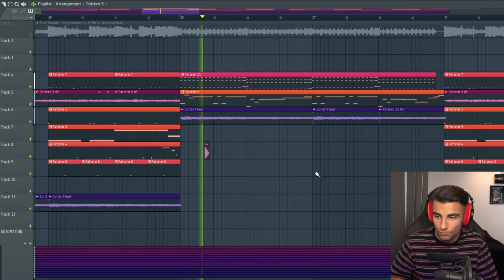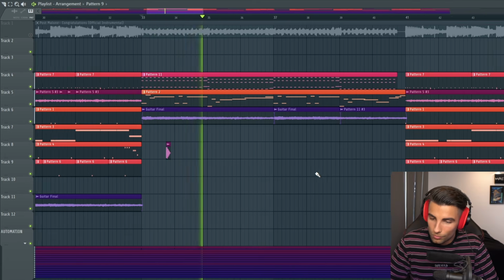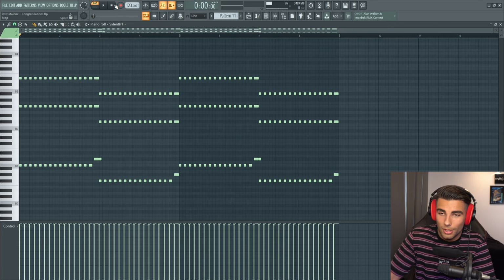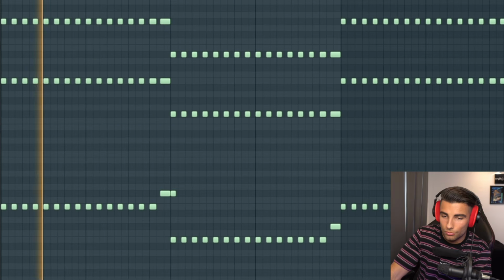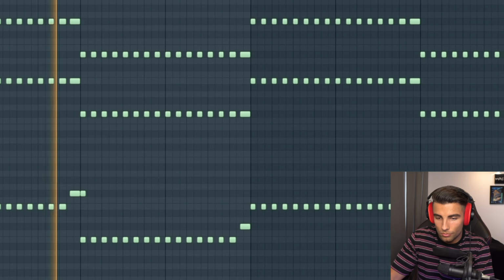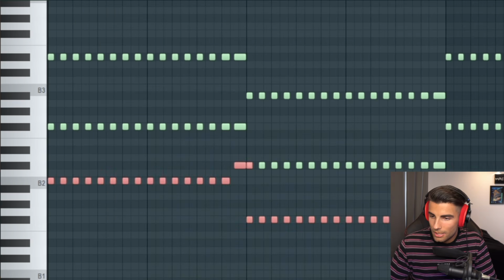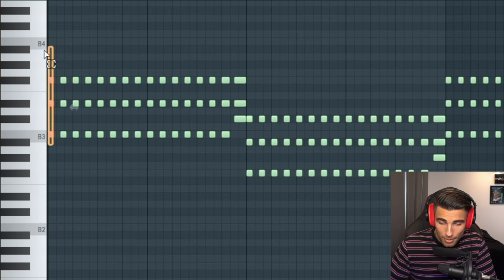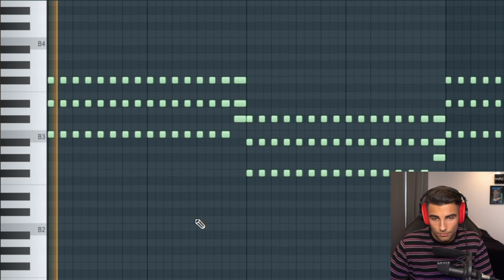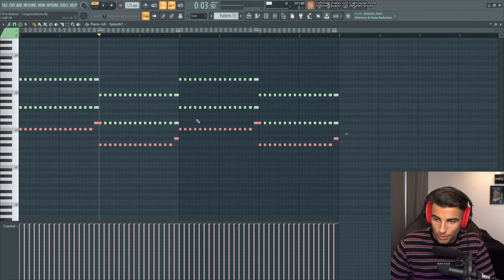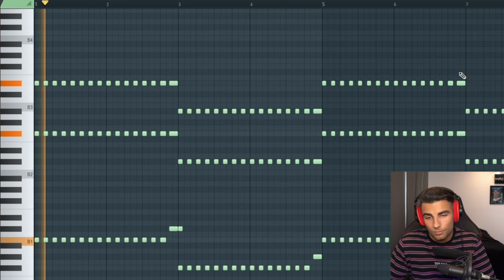Finally, we have the verses where I want to introduce one more synth coming in from Sylenth. It's going to sound like this. Let's go through that preset. This is what it sounds like. These are just two major chords. So we have B major followed by F sharp major. But once you spread it over 3 different octaves, it's going to sound like this.